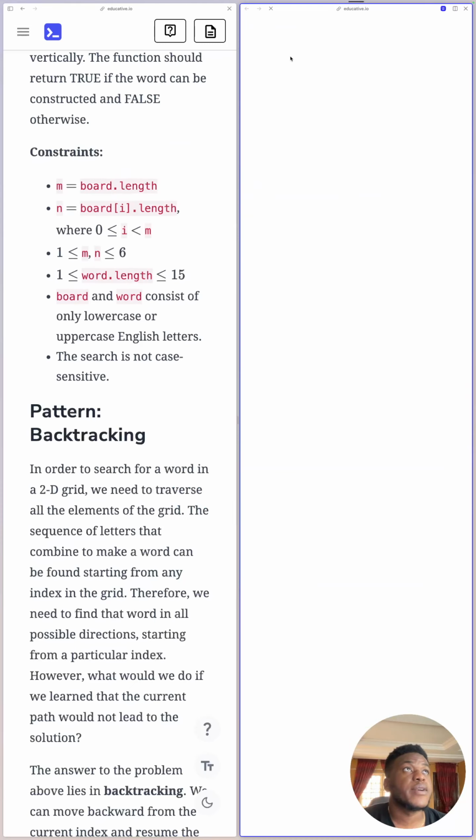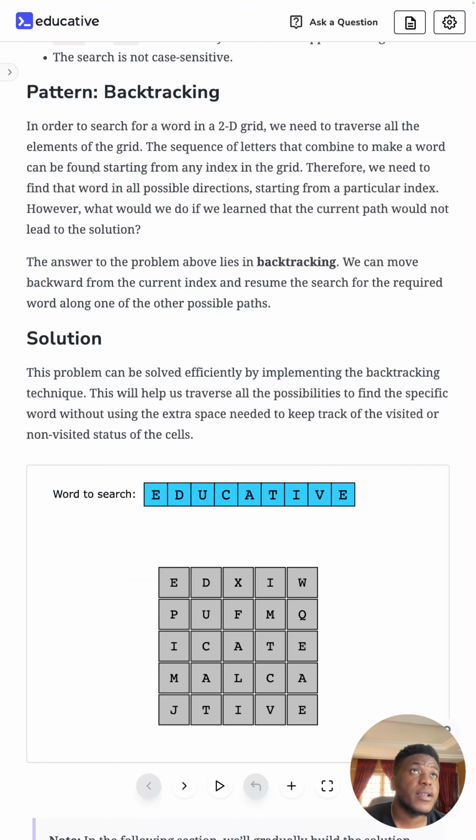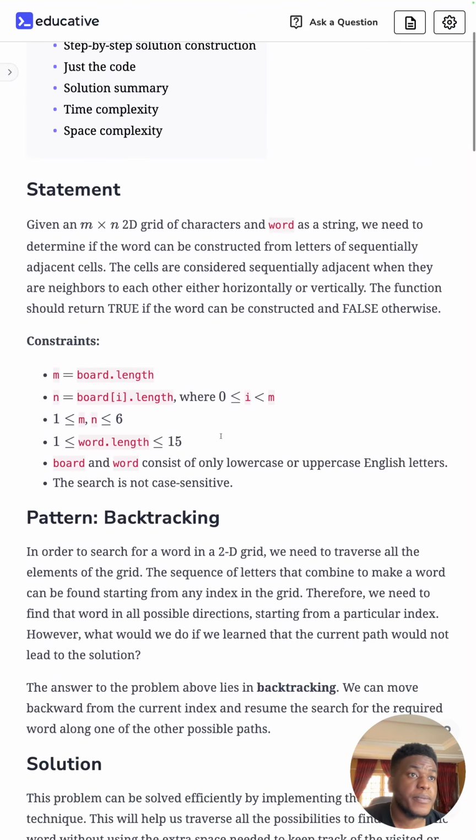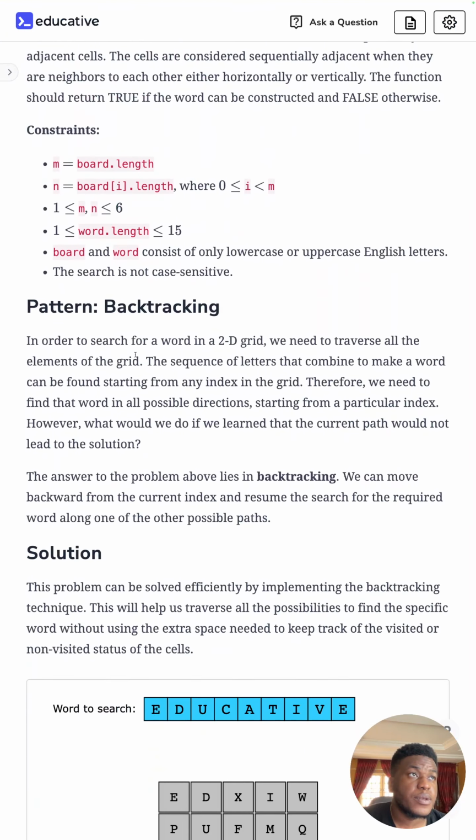Now we are evaluating the backtracking pattern. That's what the solution involves. We need to traverse all the elements of the grid. The sequence of letters that combine to make a word can be found starting from any index in the grid. Therefore, we need to find that word in all possible directions starting from a particular index. However,